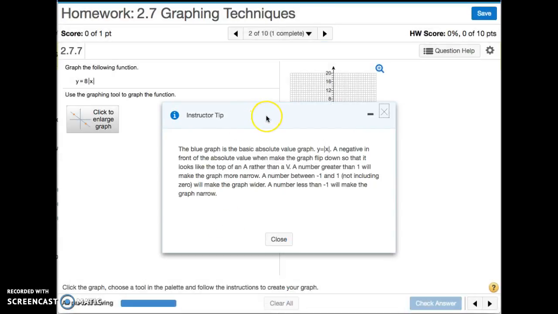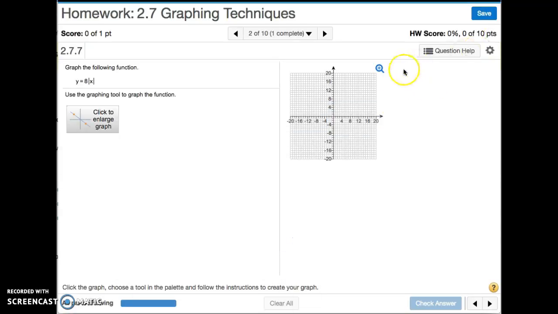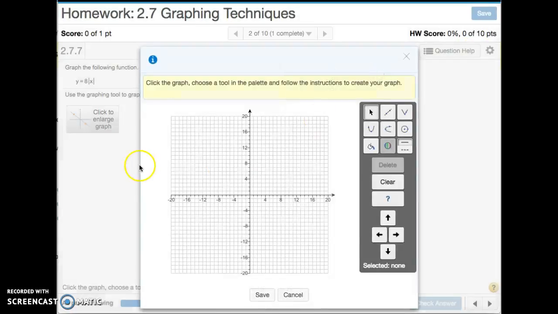For this one, we're graphing the absolute value graph. We have to do this using the graphing tools. Our equation is y equals 8 times the absolute value of x. Now the absolute value of x is your basic V graph, but the 8 in front means it's a very narrow V. So using the graphing tool, you choose the one that looks like your absolute value graph, or the